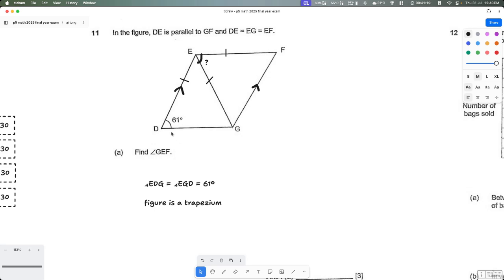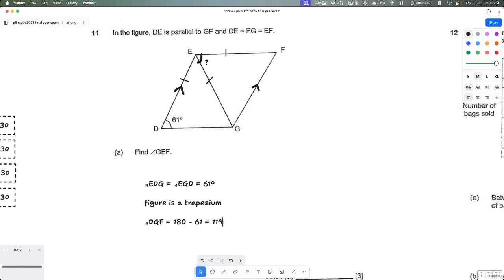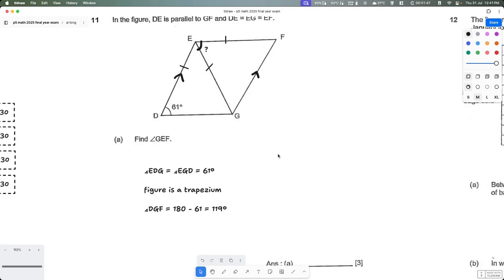So with this, that means angle DGF is equal to 180 minus 61, and this will be 119. Okay, so let's double confirm with our calculator. 180 minus 61 gives you 119 degrees in this case, right? So we know that this part over here is